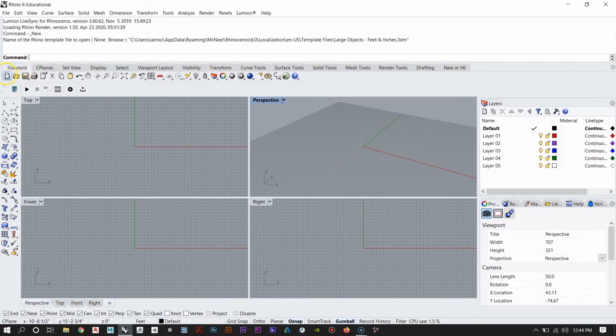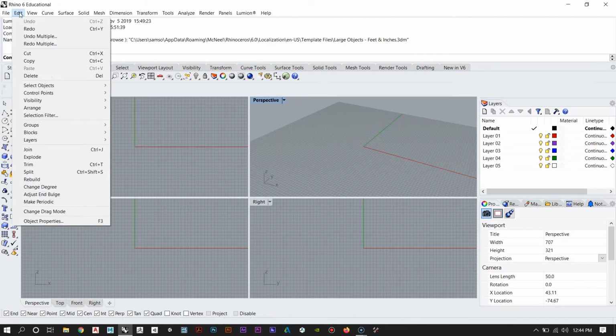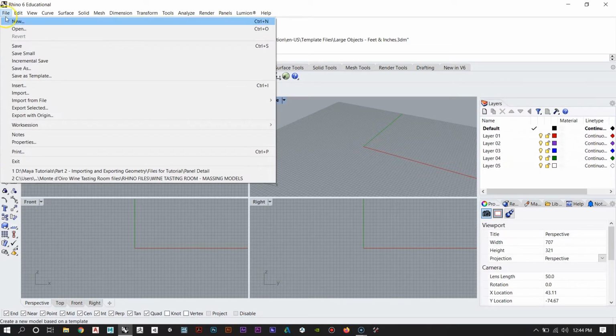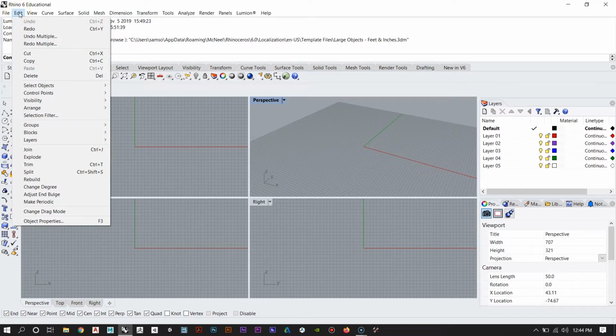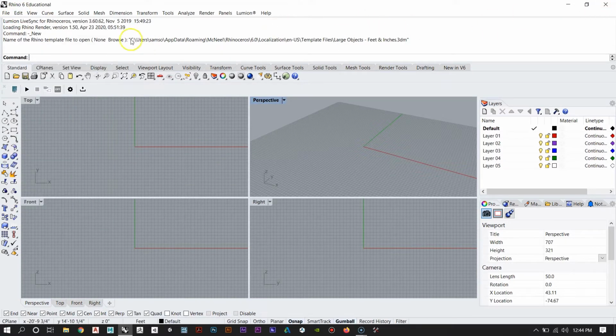Up at the top, starting at the very top, you've got your menu bar. Most of the stuff here is just repeats of what's down in the toolbar, but you do have your file and your edit menus where you can do your saving, copying, pasting, that sort of thing. Right below that, you have your command prompt. Alongside pointing and clicking on commands, you can also type in commands, similar to AutoCAD. I would recommend getting used to that and getting familiar with the different commands that you can type in,